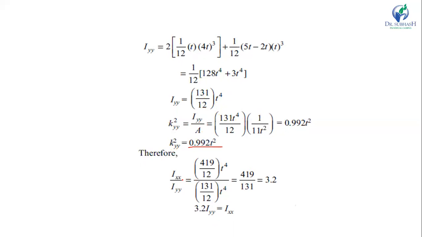Now the ratio Ixx upon Iyy: put the values here. Therefore you will get Ixx upon Iyy is equal to 3.2. So we can say Ixx is equal to 3.2 Iyy.